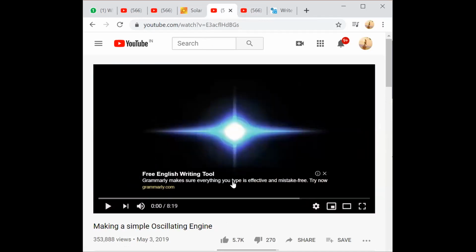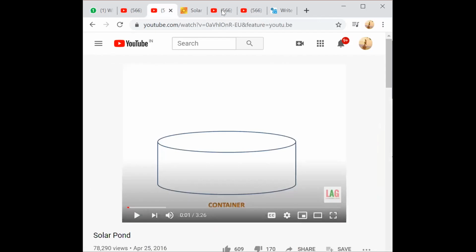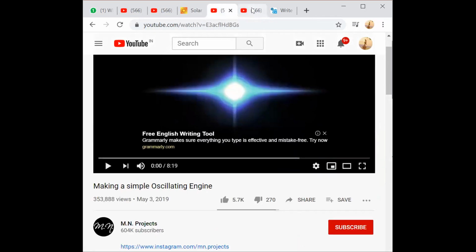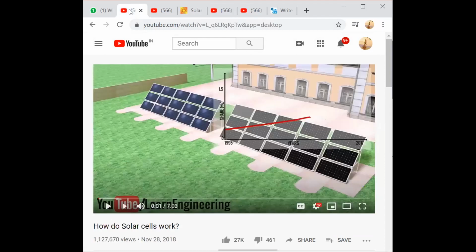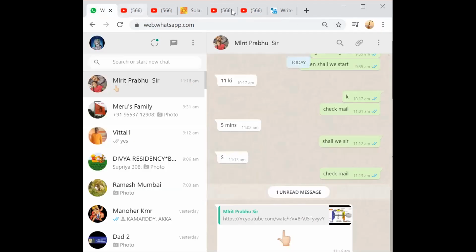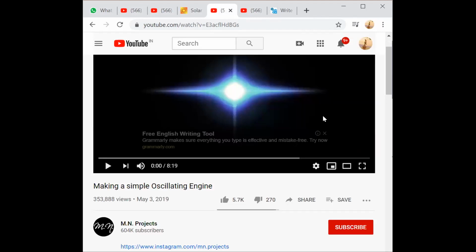Yesterday we were discussing the Stirling cycle. In the Stirling cycle, some heat source will be providing heat, and it is a reciprocating type engine. Yesterday also we discussed that. So instead of that, we'll show the live video. It will be helpful for you to understand the concept of it.